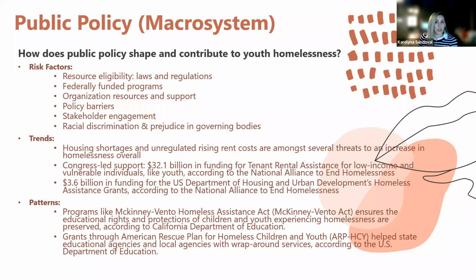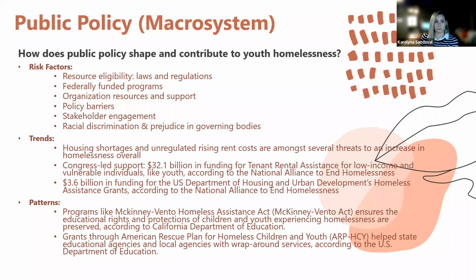risk factors that I saw, although it was on the brink of being a risk factor. There's a lot of stakeholder engagement. So the way that I saw this as a risk factor was if the stakeholder engagement stopped, for example, nonprofits pulling out from doing things such as food pantries or whatnot, there could be an adverse effect on homeless youth. Racial discrimination and prejudice in governing bodies, such as the judicial system that harshly condemn Black and Brown youth, is